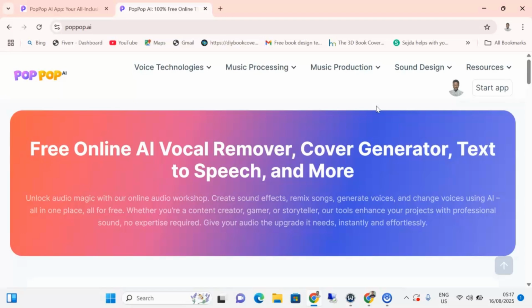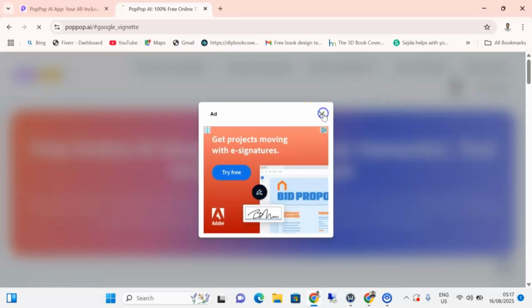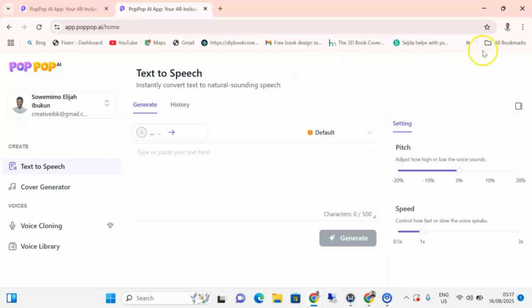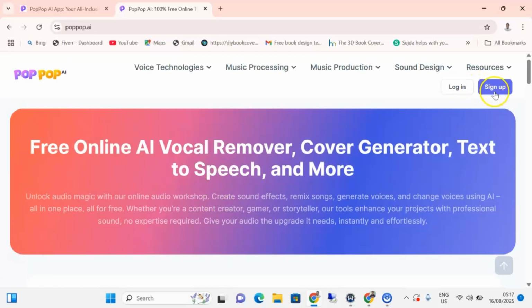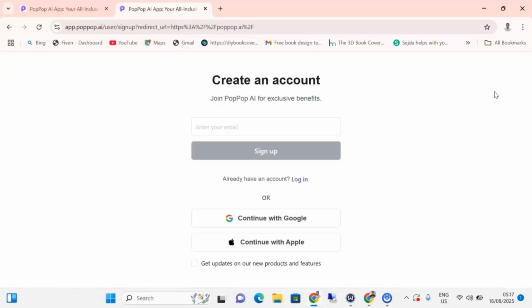So these are free tools that you can use to create your content. And if you want to sign up, you're going to come over here. So you're going to click on sign up. You can create an account by using either your Gmail address, or if you have an Apple ID, if you use an iOS device. Either of these two is okay for you to sign in. So once you sign up, you can have access to this platform.